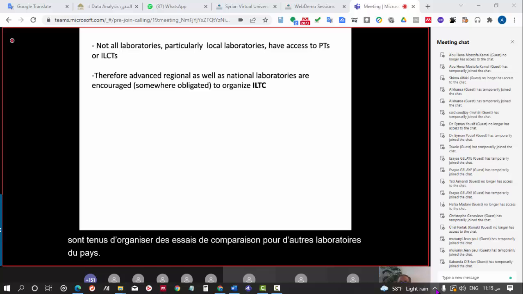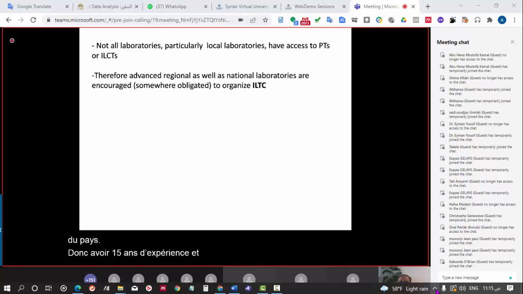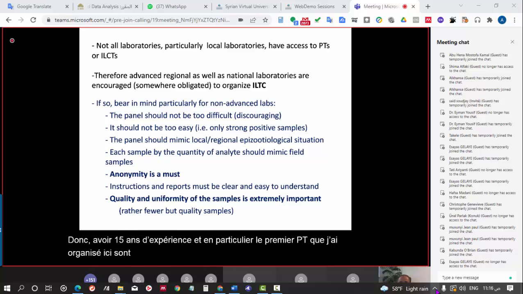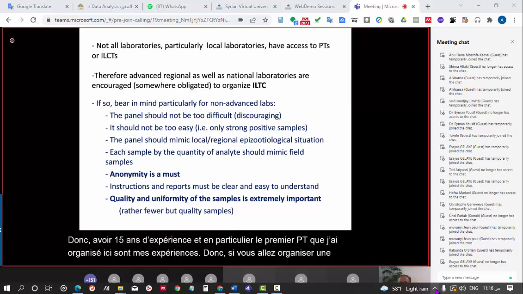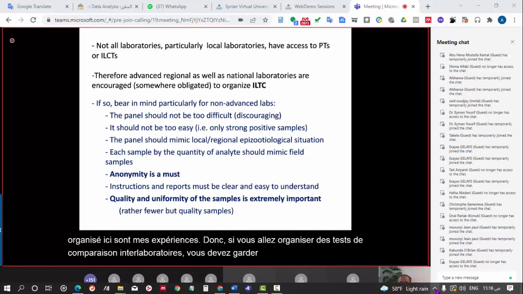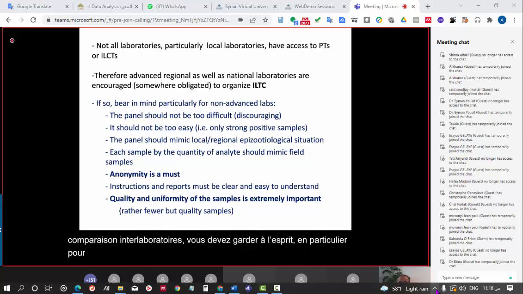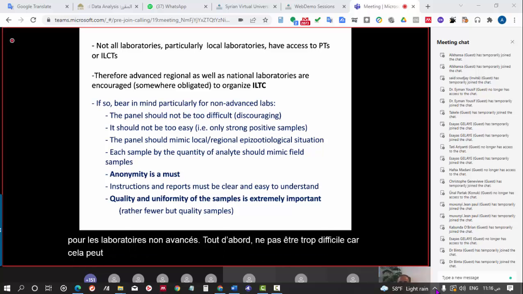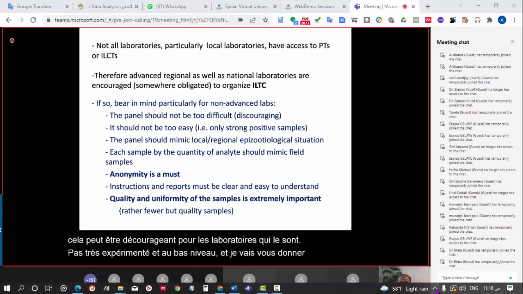So having 15 years of experience, and particularly the first PT that I have organized, here are my experiences. If you are going to organize interlaboratory comparison testing, you should bear in mind, particularly for non-advanced labs: first of all, the panel should not be too difficult, because it can be discouraging for laboratories that are not very experienced and at a low level. And I'll tell you an example of my first